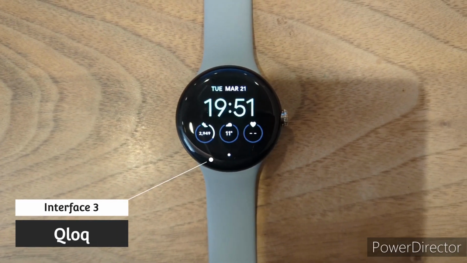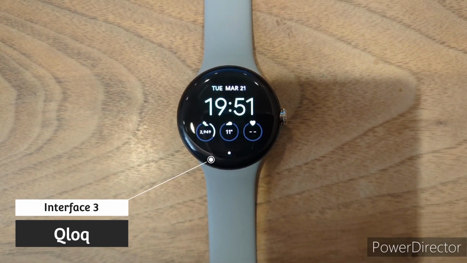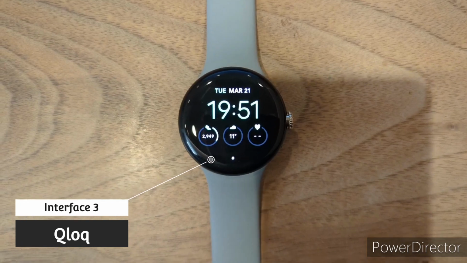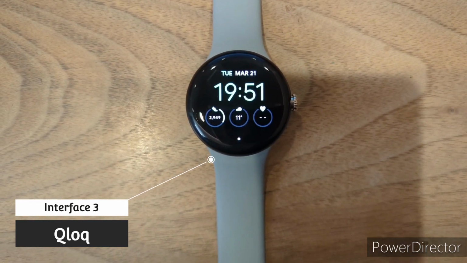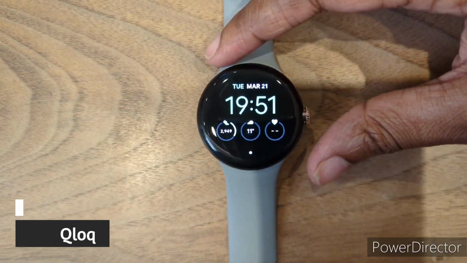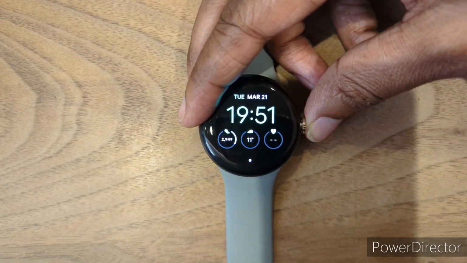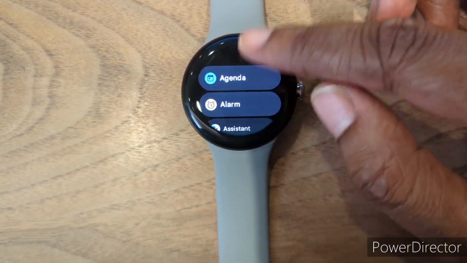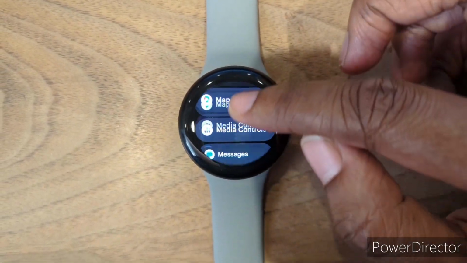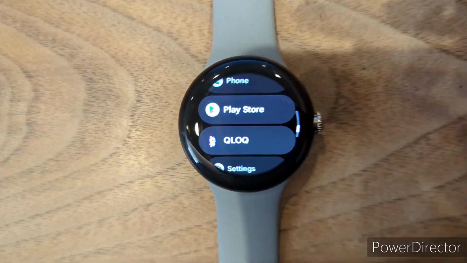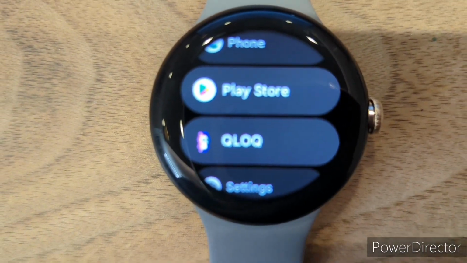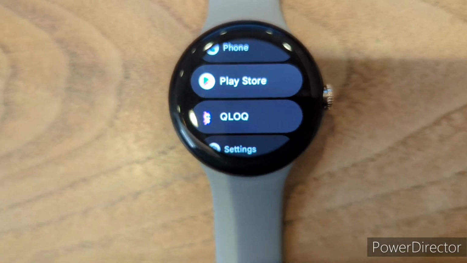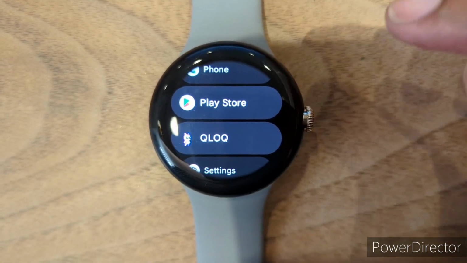Hello everyone and welcome to my presentation for my third interface in my final year project, Qloq. This is an application built on the Wear OS operating system, and right in front of you, you have a Google Pixel Watch. So if I go to my app list and scroll and find Qloq, right there we can see its little favicon,